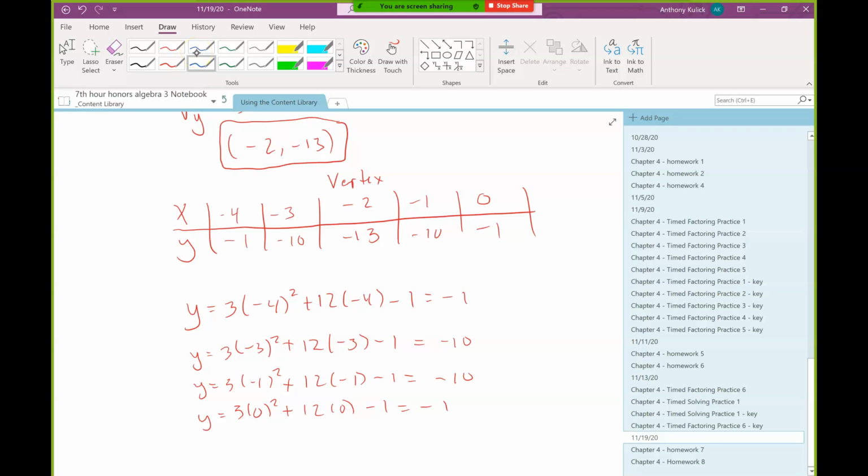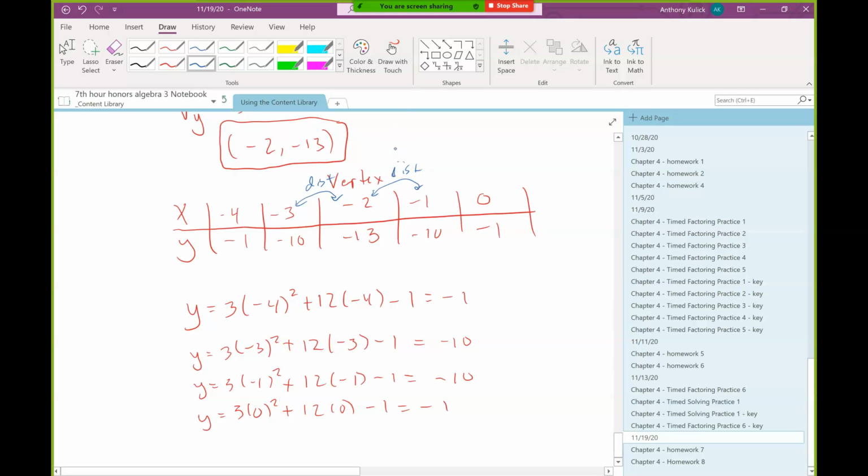So you might have noticed here that if we look at the y-coordinates in our xy table, it seems that there's a pattern going on. And you might be thinking to yourself, does this pattern always hold? And the answer to that would be it can always hold depending on how you've chosen your x's. So the key here is that the distance from the vertex